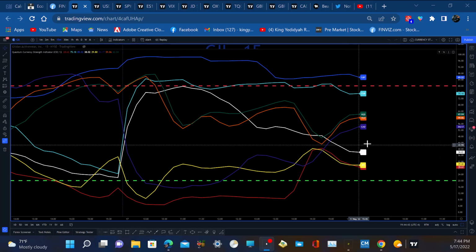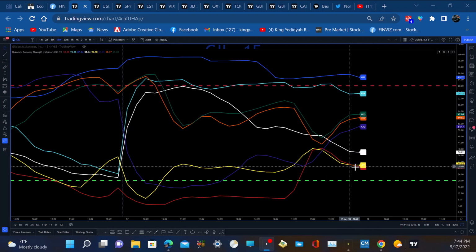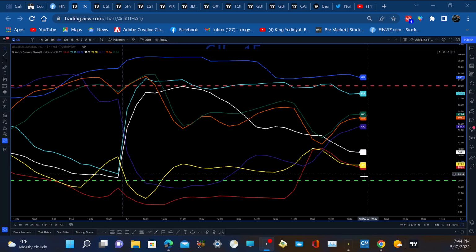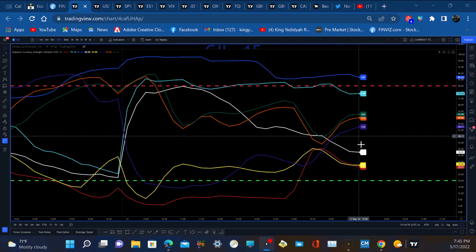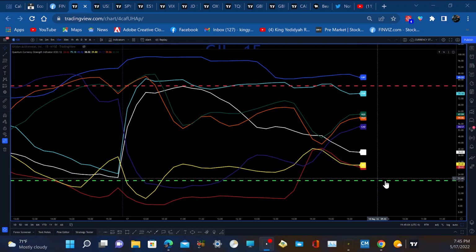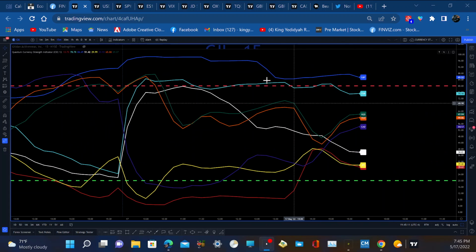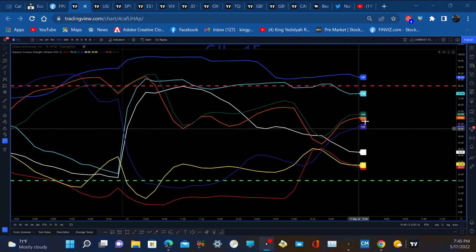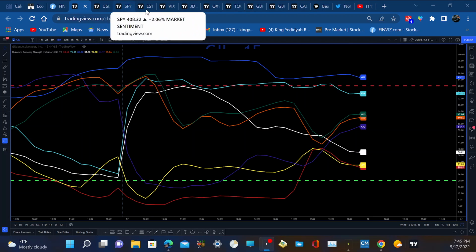So to me, they have the potential to get to a Euro Jap status, right? So you see how far the Euro and the Jap are away from each other, or the GBP USD status, right? But those pairs are already at their peaks, with the US dollar almost oversold and GBP already overbought. So this is how I pick my pair, the CAD Swiss, to go long, right? So let's go over to